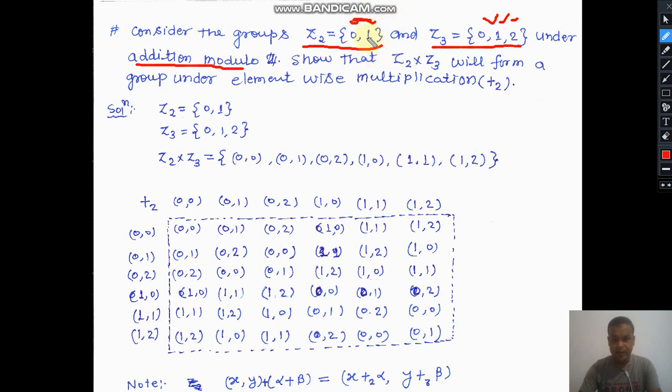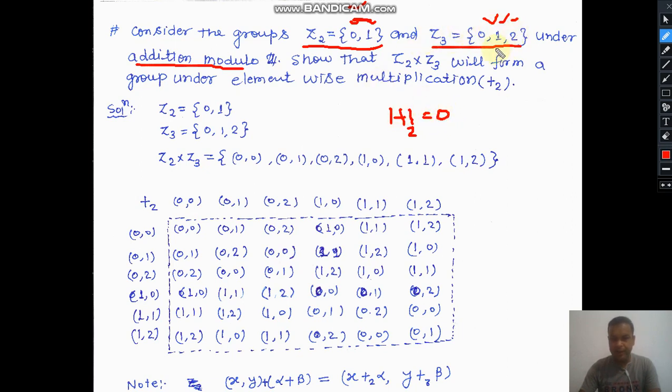Here you are noticing that the last element is 1. It means no element which is greater than 1 can appear here. It means if you are adding 1 with 1, then the value cannot exceed 1, and we know that 1 plus 1 is 2, but in this group 2 does not exist, so this is addition under modulo 2. So here we will use that if the value is equal to or greater than 2, then you have to subtract 2 from there, so the result will be 0.